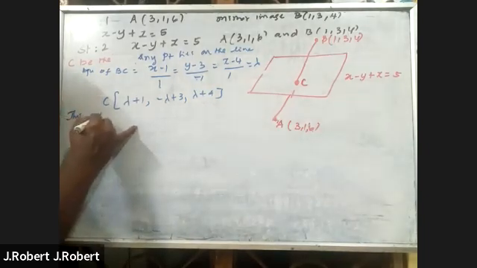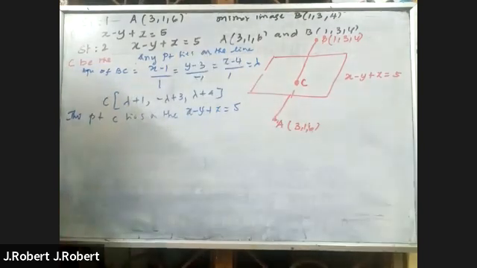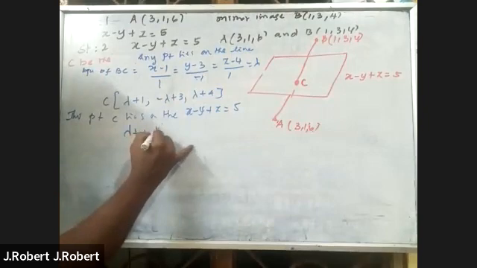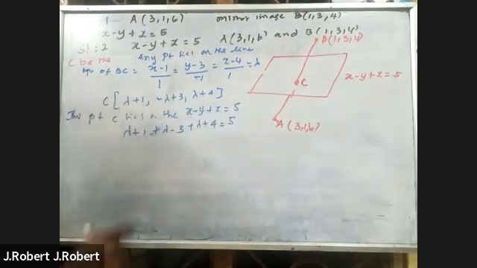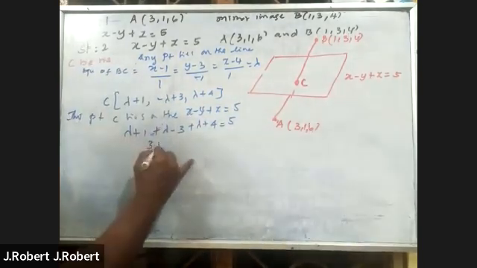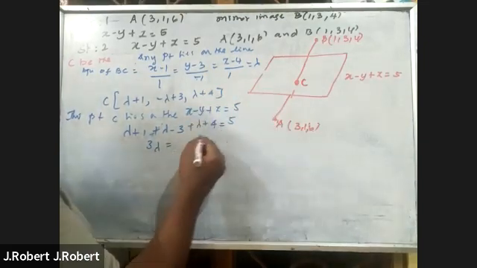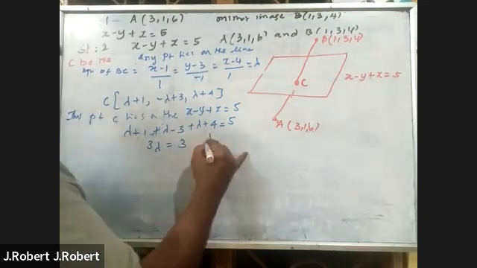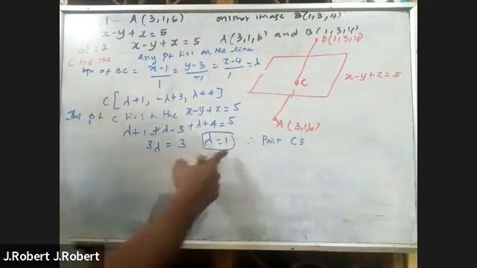This point C lies on the plane x minus y plus z equals 5. What is the x value? Lambda plus 1. What is the y value? Minus lambda plus 3. So lambda plus 1 minus (minus lambda plus 3) plus lambda plus 4 equals 5. Lambda plus lambda plus lambda, 3 lambda, equals 5 minus 4, which is 1 plus... 5 minus 3, 2. From this, we get lambda equals 1. So point C, when lambda equals 1,